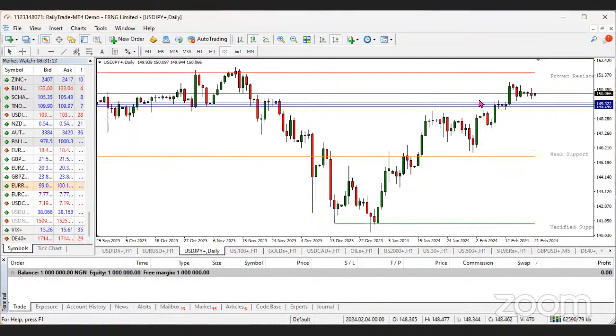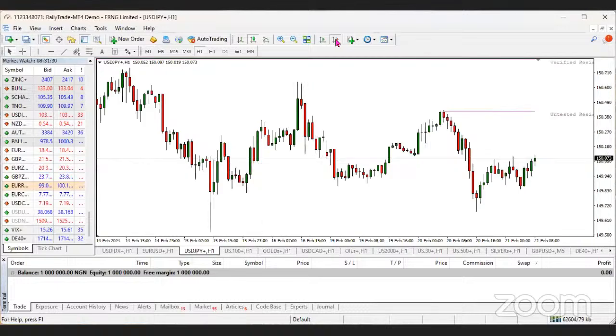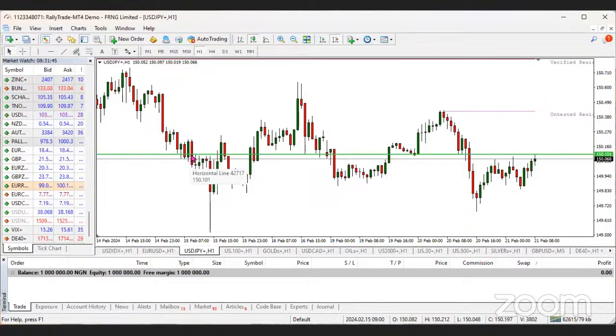Meaning that if the dollar or the USD region decides to increase interest rates right now, or bring out a very strong move, this particular instrument could get to this proven resistance in no time. But looking at it now on a 1 hour time frame, this instrument is more worth a buy. But entering an instant buy may not be wise where it's currently at. You would see that there are so many weeks that have been resisted at this particular price. So even if you want to take a buy on this instrument, you should be looking at an entry for a buy